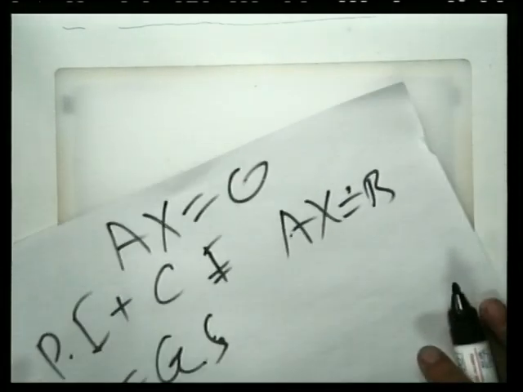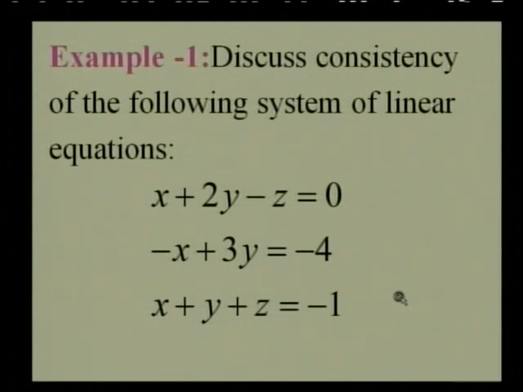Now we have seen that non-homogeneous system of equation has no solutions or unique solutions, that is x equal to A inverse b, or infinitely many solutions. Whenever it has infinitely solutions or unique solution, the system is called consistent, otherwise it is called inconsistent. So let us see some problem. The first problem you see on the screen,